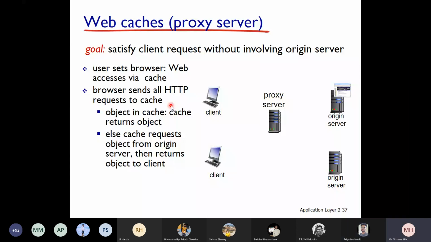Sir, all the frequently used data will be stored somewhere. The computer knows that we are frequently using the data, so we can access it in less time. Okay, great. You're almost there. First time it will take a long time. So if you are frequently using the data, to minimize the response time, web caches are used.